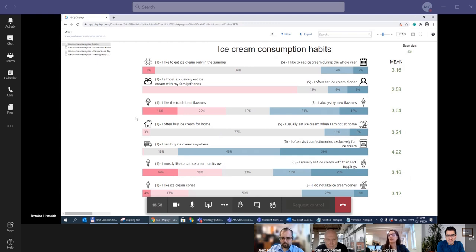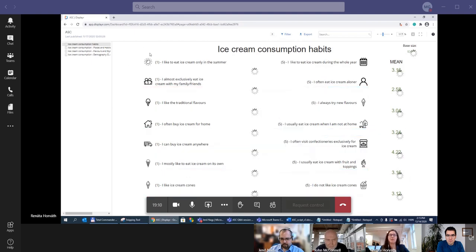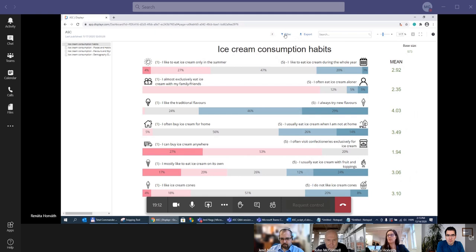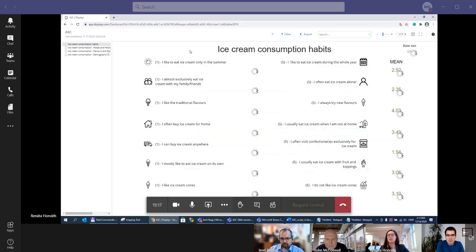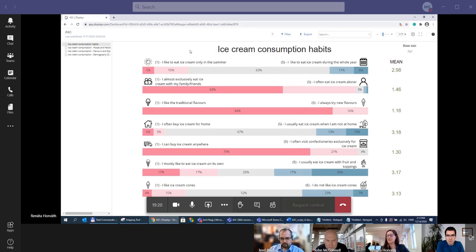So for example, we can name the third one as the confectionery lovers, or the second one we can name as out-of-home flavor explorers, or the first one we can name as eating in tribe, traditional ice creamers. So it depends on the imagination how we would like to name these clusters.